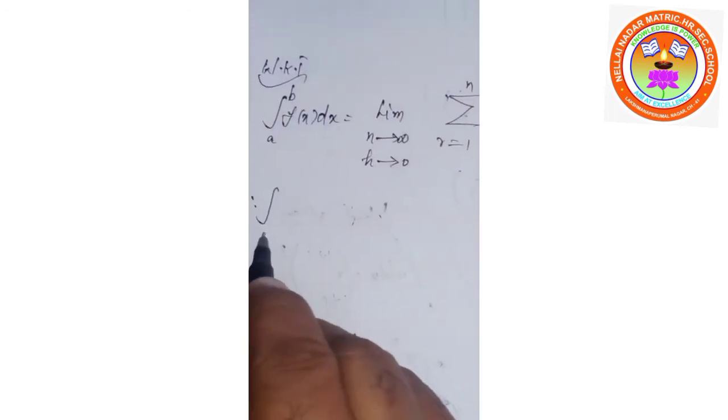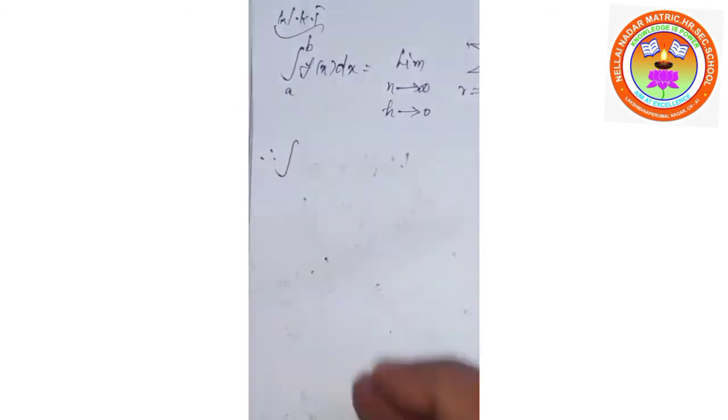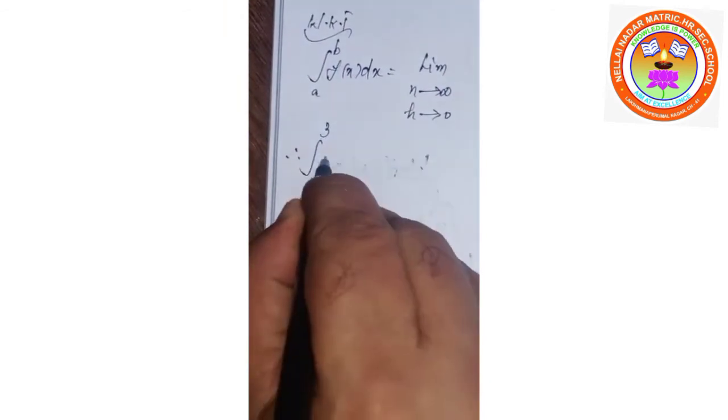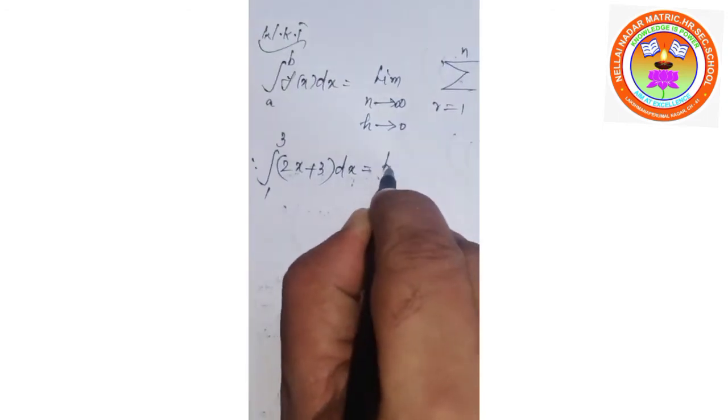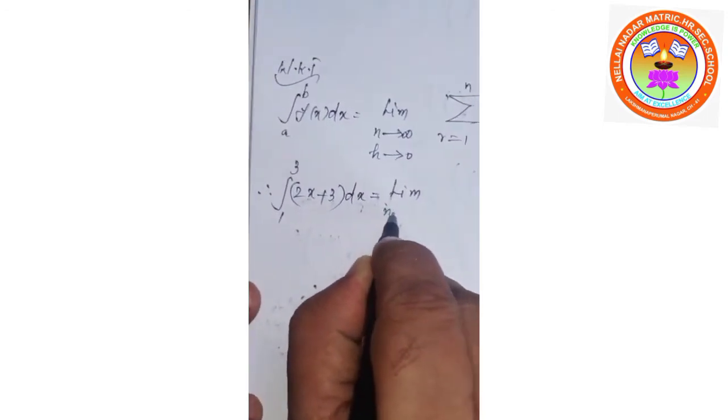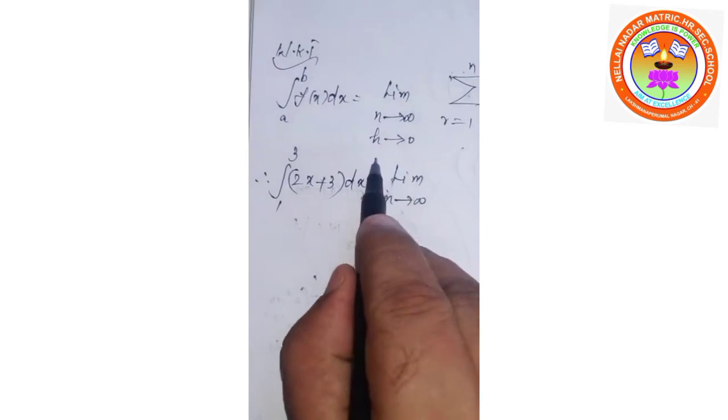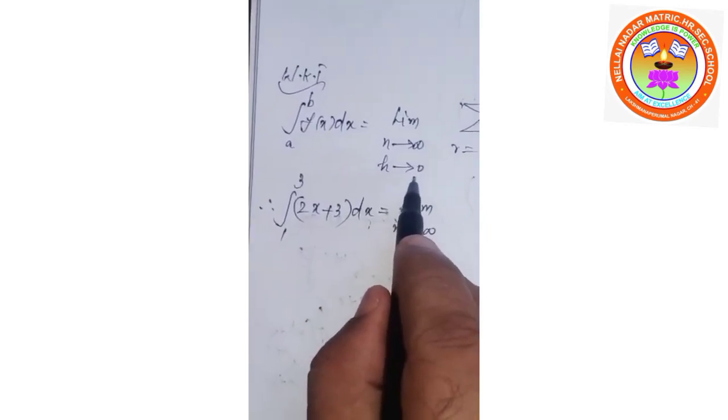Therefore, the question is integral 1 to 3 of 2x plus 3 into dx, equals limit n tends to infinity only, no need to write h tends to 0,